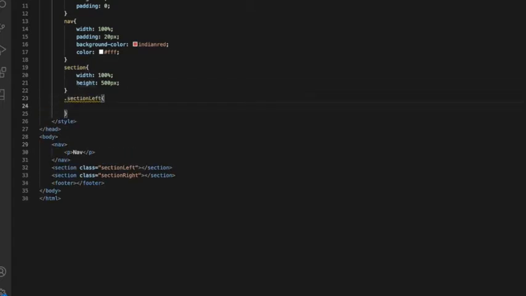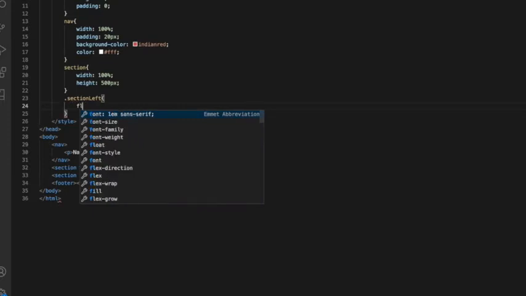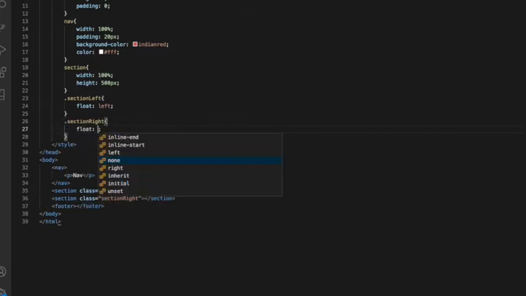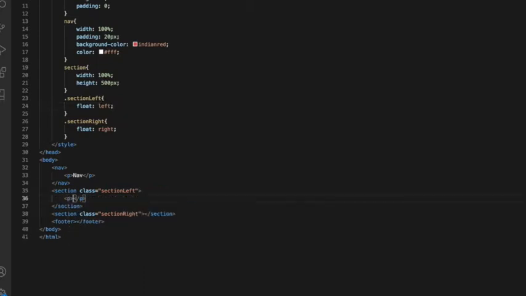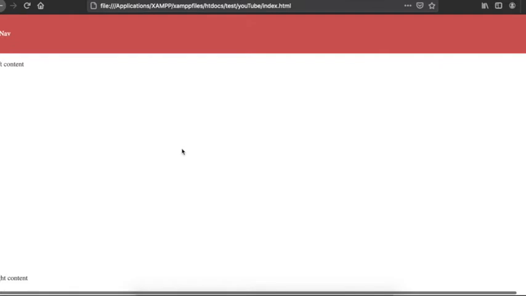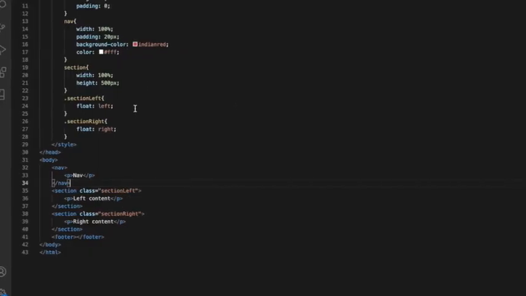Alright, so the left guy, this is where the float comes in. We're just gonna float him left, right? And then the other guy we'll just float right like that. But just to ensure that we can see them properly, we just add a P and say left content. And this guy here, let's say right content, right, like that. If we come here, you can see them like that,